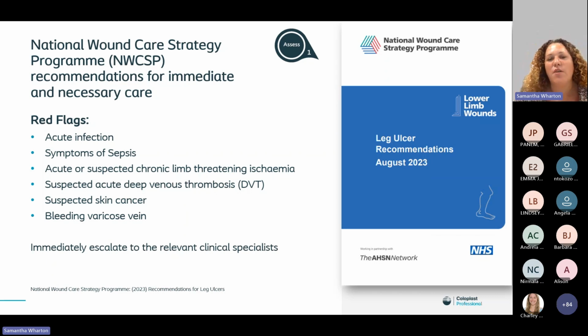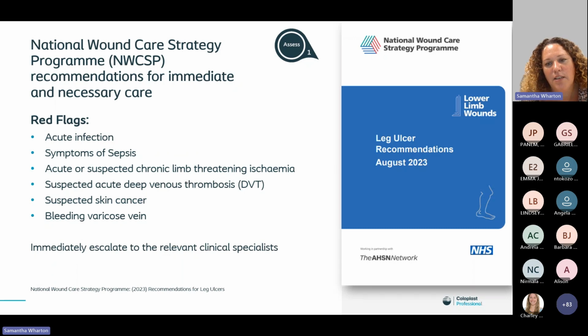So these are your red flags. So if your patient doesn't present with any of these red flags, you can give that immediate and necessary care of 20 millimeters of mercury compression. So that's your reduced compression, however you get that with the systems available to you from your formulary. So if your patient isn't presenting with any acute infection, any signs of sepsis, acute or suspected limb-threatening ischemia, suspected deep vein thrombosis, suspected skin cancer, or bleeding varicose veins, you can put that patient straight into 20 millimeters of